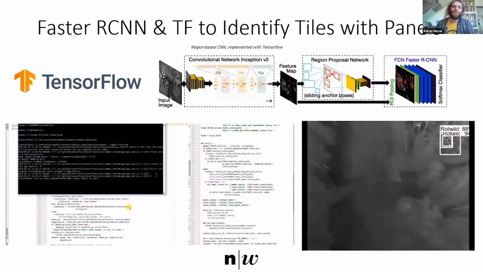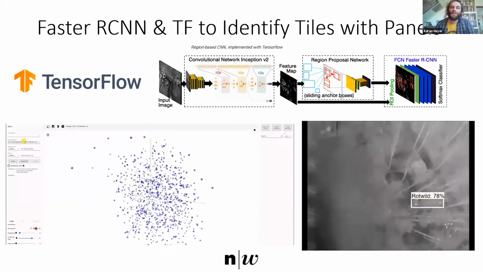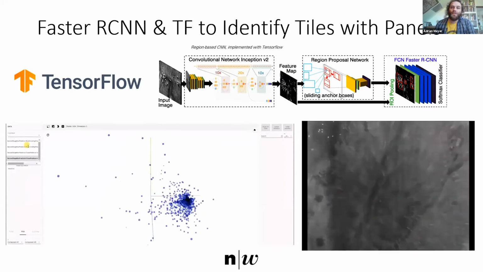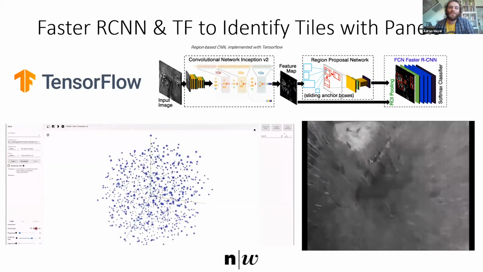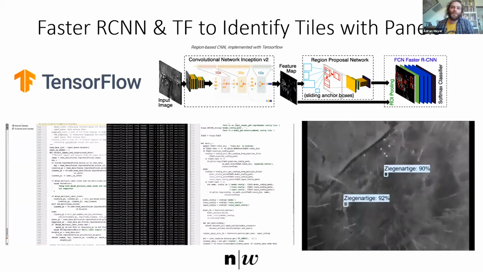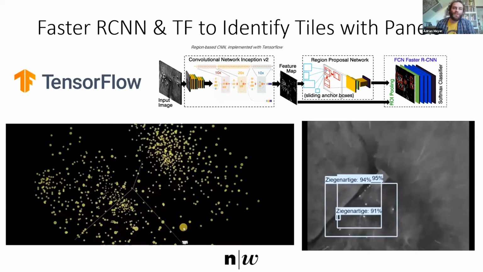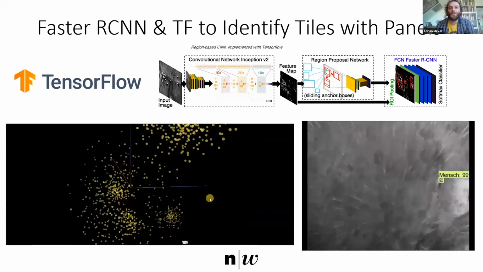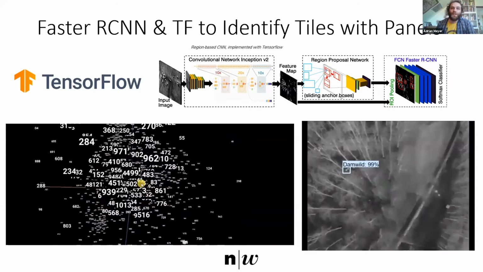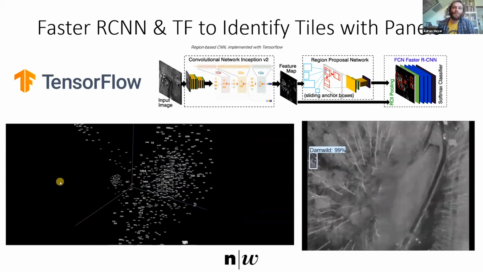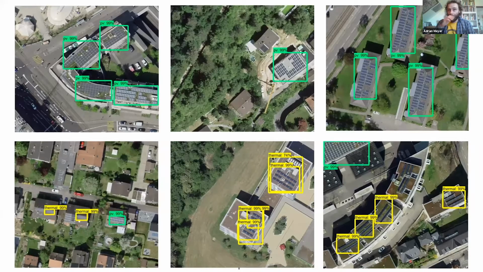This is a past project of mine where we detected animals on thermal drone imagery, but essentially the process is the same. You label a lot of data with bounding boxes, and then afterwards you get nice bounding boxes out of it with pretty high precision. So we thought this is a good starting point for our solar panels, and we trained a Faster RCNN detector for